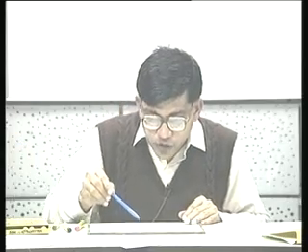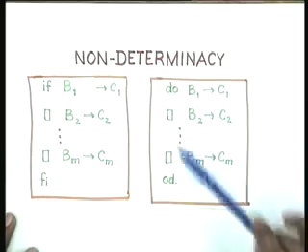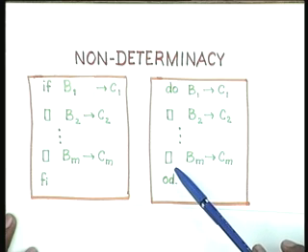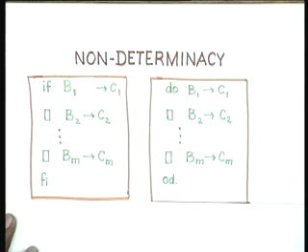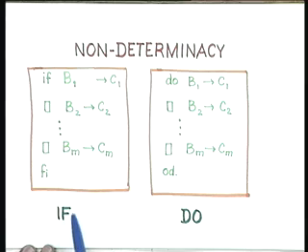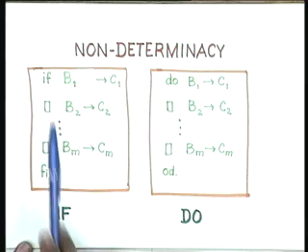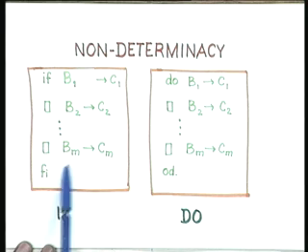right. In the case of the do, of course, as long as at least one of these guards is true, the loop keeps executing, and it exits the moment all the guards are false, right. So let us just look at the operational semantics of these two things. At the moment I will assume that if stands for this thing with guards B1 to Bm and commands C1 to Cm, and the do similarly has guards B1 to Bm and commands C1 to Cm, right.